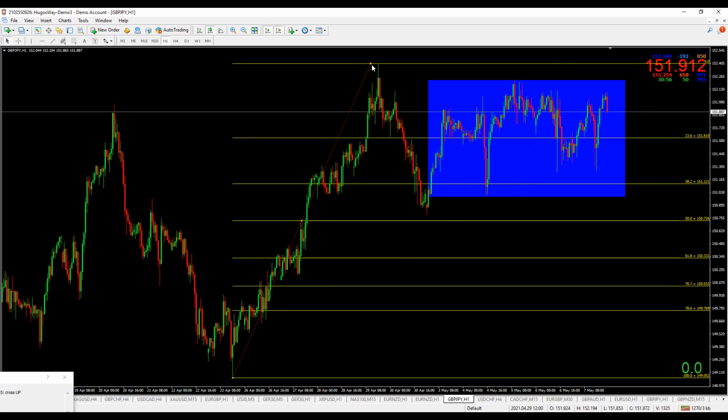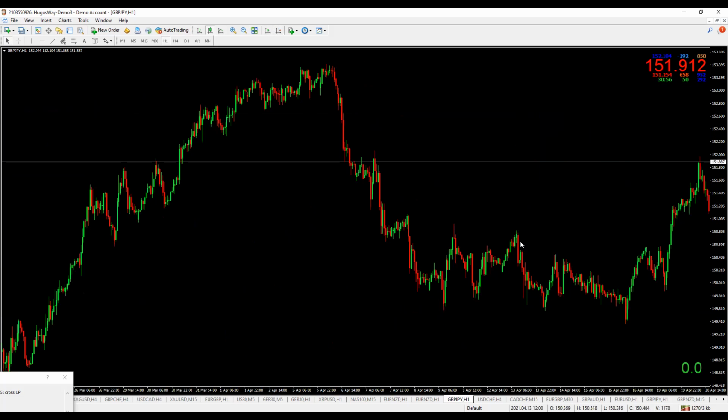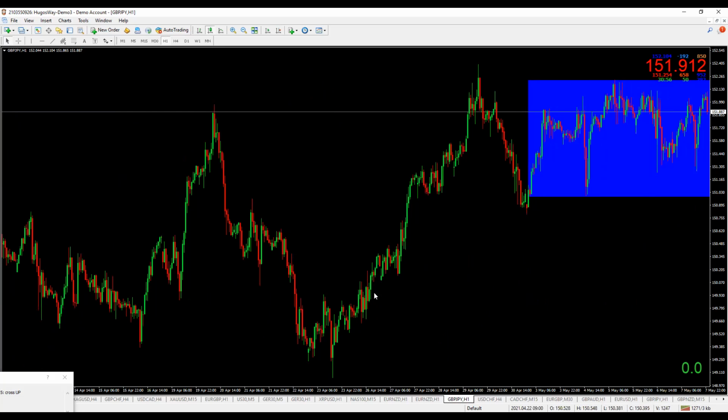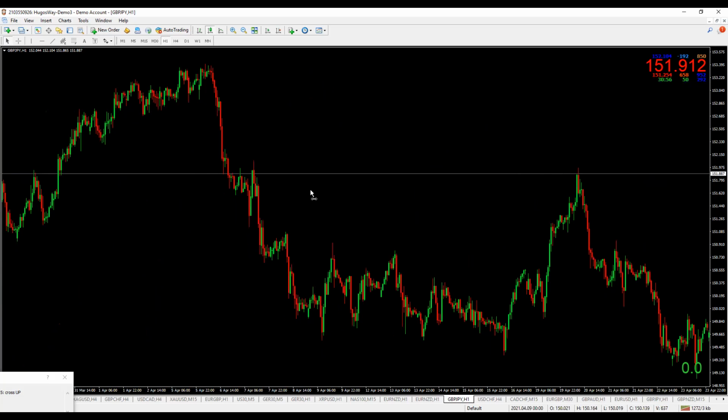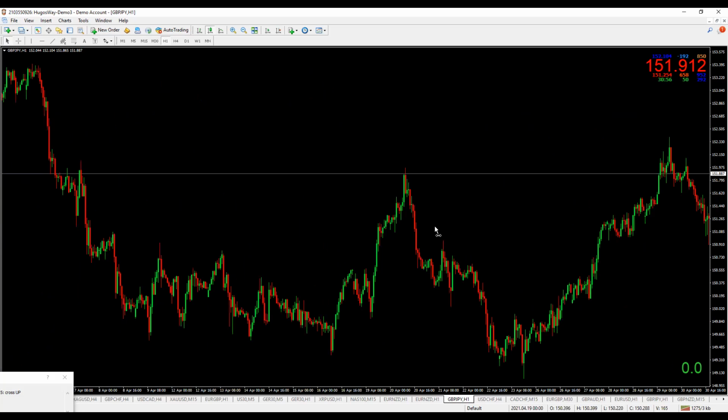If, on the other hand, we had drawn the Fibonacci from the high, because in the previous example, we drew it from the low going up, which means if you retrace, it continues up. Whereas on the other hand, if we draw it from a high, it's because we believe the price is going to continue down after a retracement. So let's